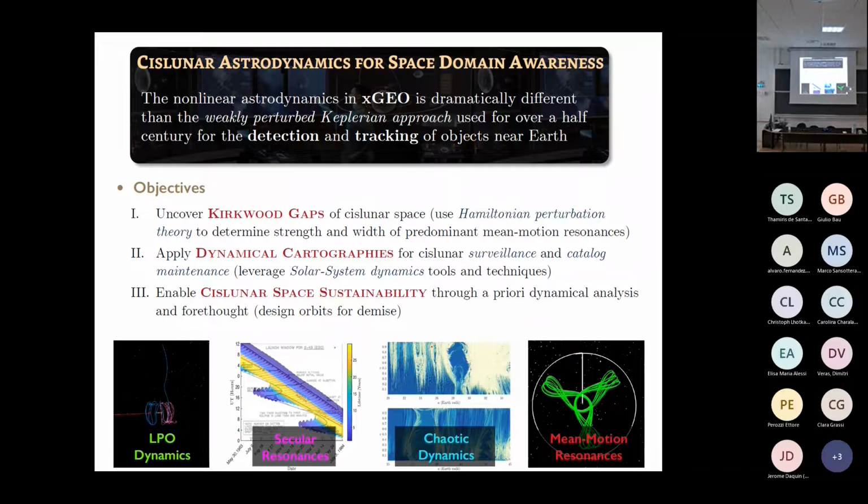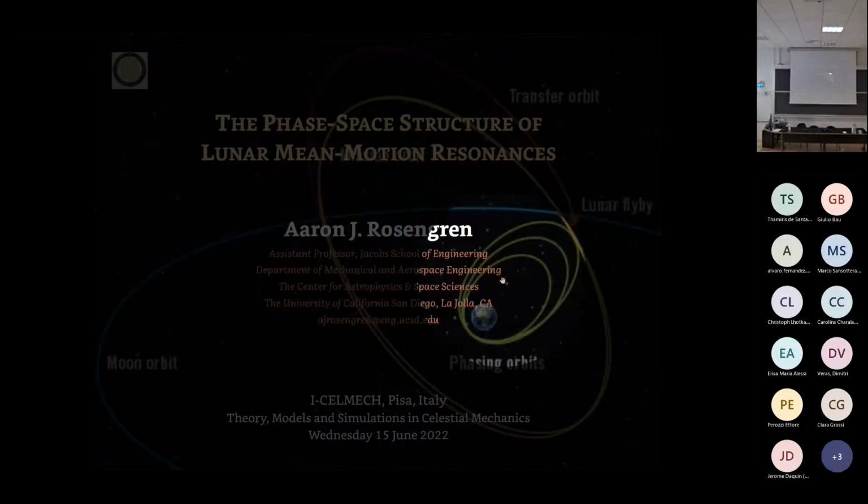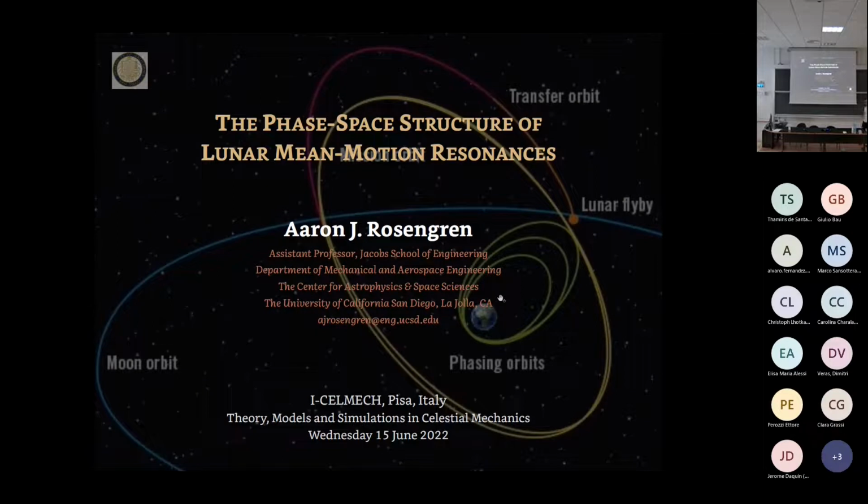So the nonlinear astrodynamics in, let me go back real quick. This is in the background slide. This is the orbit of the Transiting Exoplanet Survey Satellite. It did a phasing orbit to become in line with the lunar flyby, and it used that flyby to establish its current operation area, which is a 2-to-1 lunar mean motion resonance. This is the second time that a spacecraft has entered into a mean motion resonance with the moon, and we'll talk about the stability of these types of orbits here.